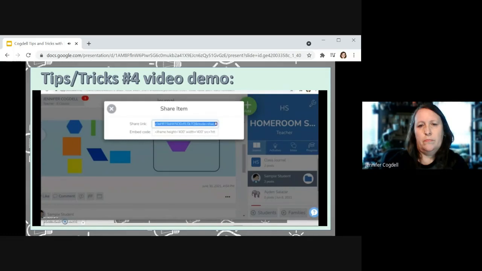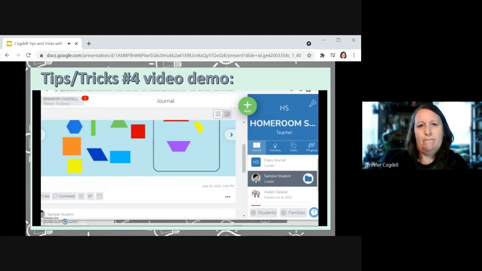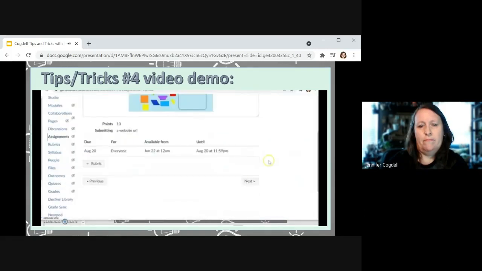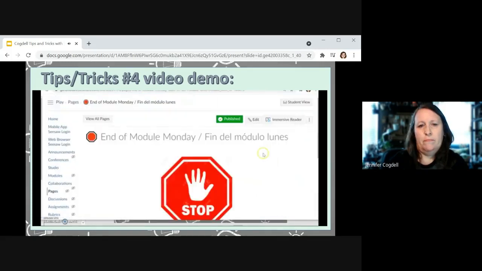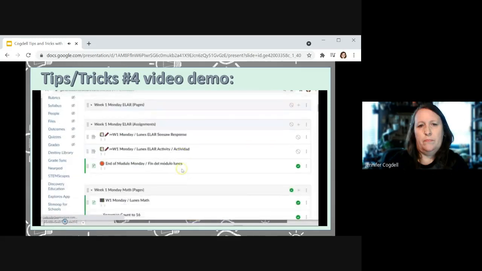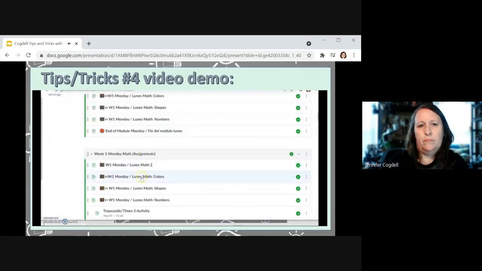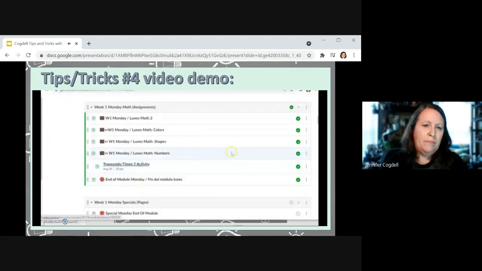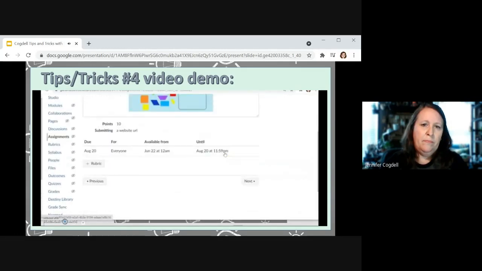They're going to copy and paste their link. This is why I feel like this is definitely for older students. Now they can come back here. And in there, let me go back to it. Because I'm not logged in as a student on my Canvas, I'm logged in as a teacher, but that's okay. I should still be able to go and do